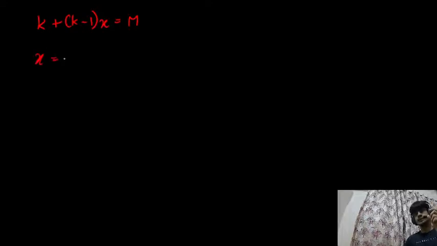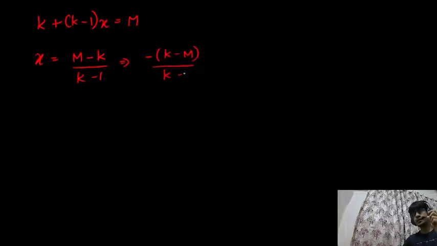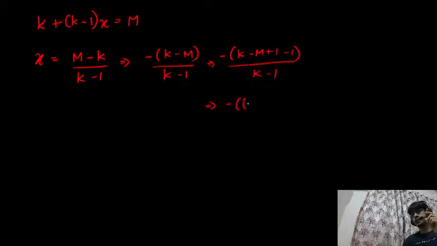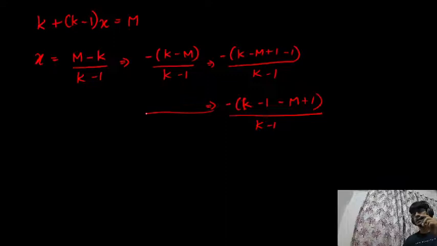So x is equal to m minus k divided by k minus 1, which is minus of k minus m divided by k minus 1. Just add a minus 1 plus 1 inside it: k minus 1 minus m plus 1. I hope I'm writing this fine. This becomes k minus 1. Okay, I'll be continuing over here. Then x is equal to